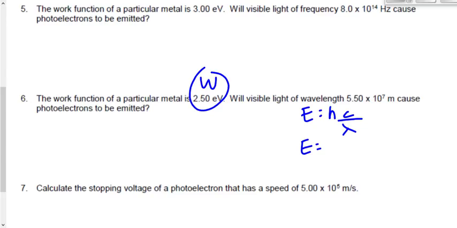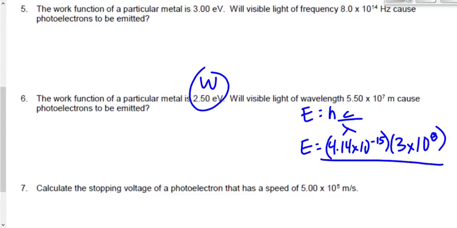But if it confuses you as to when you can use electron volts and when you can't, then you should always use joules because joules always work for you, right? Now, this is one of those situations where you can use electron volts. If you recognize that, go ahead and do it. But if you don't, then convert to joules. If you do that, however, you got to make sure you're consistent through the question, so you'd want to make the work function into joules as well to make that comparison. I'm going to leave it in electron volts because I can. Now, when I calculate that energy in electron volts,